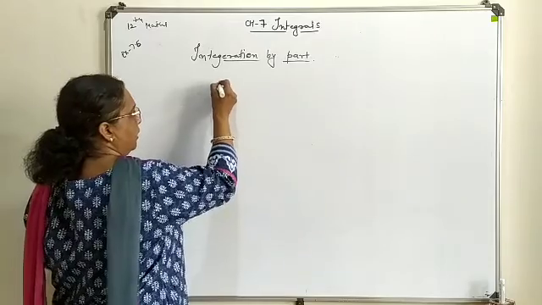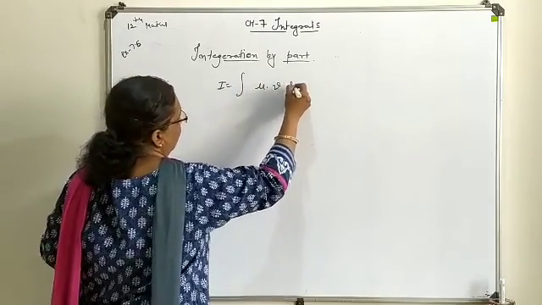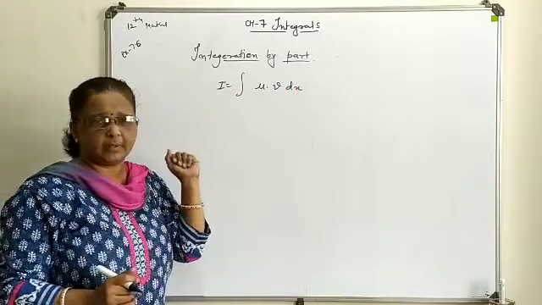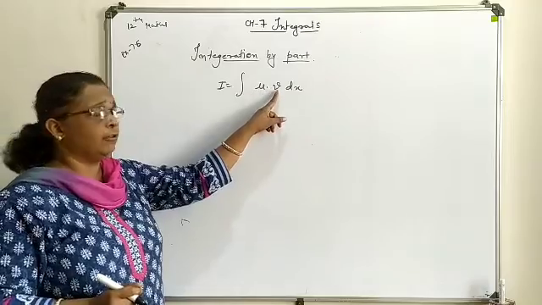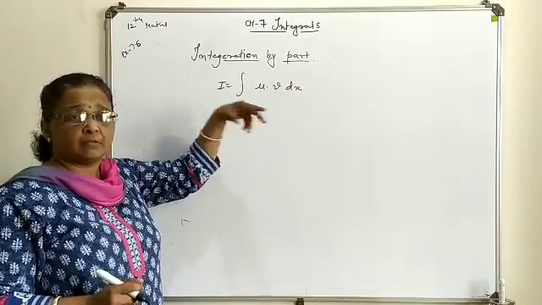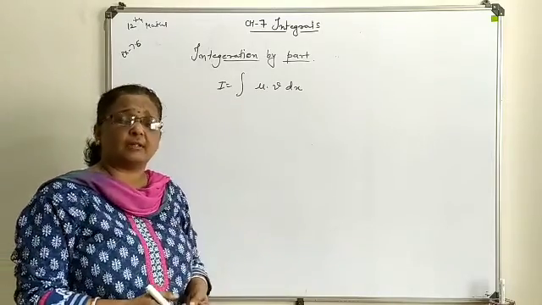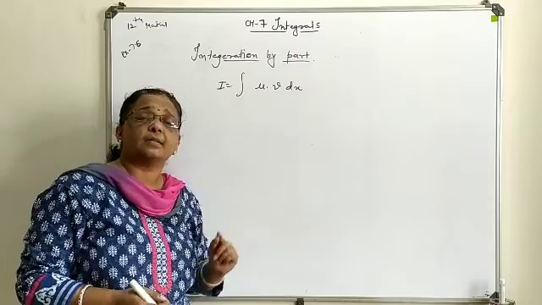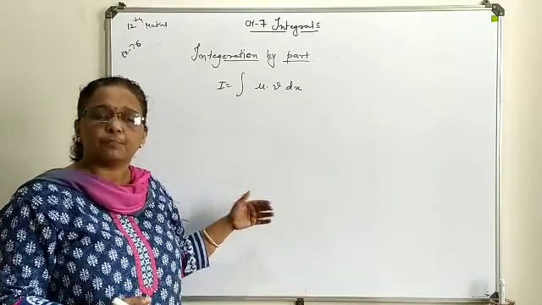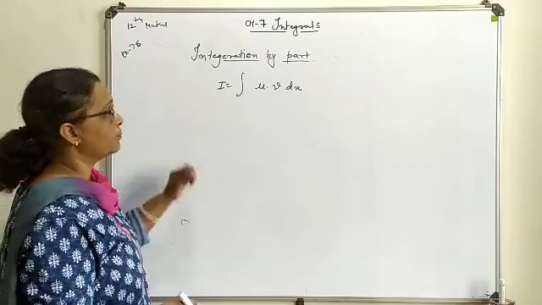Let your question be available as a combination of two functions which are available with the same variable. Means here u and v are two functions in terms of x which are to be integrated. In some cases only one function is available, so at that time you will treat one as a multiple and another as the other function, and further you will proceed with the solution.